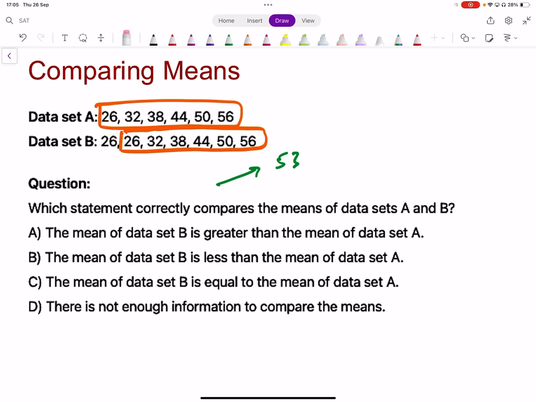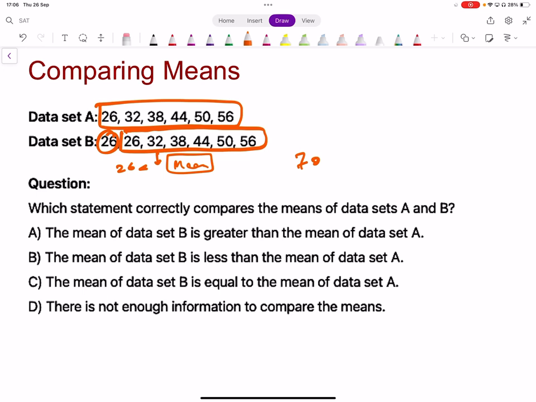So you can just look at this data and see that all the other terms are the same. The new number that is added, whatever is the mean of all of these values, 26 is going to be less than that. Because of that, the mean of the second data set is going to get lower. Is that okay? If that additional value was greater, let's say 70, the mean would be bigger because this value